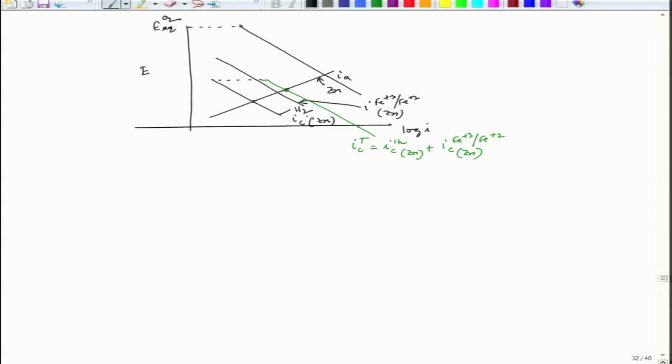So, now here we could see that I could add this reaction, which is IC total prime equal to IC Fe+3 to Fe+2 plus IC O2 over zinc surface,